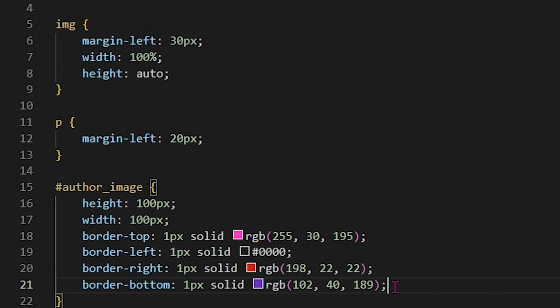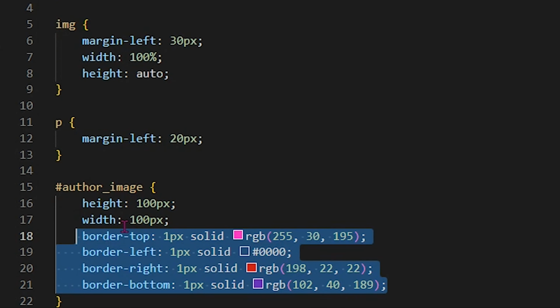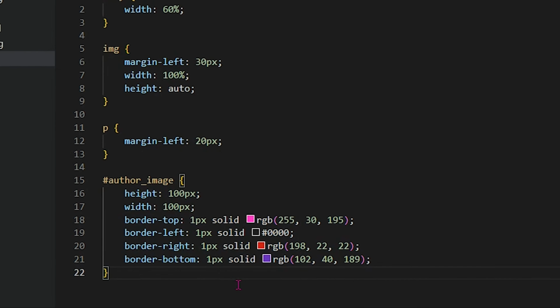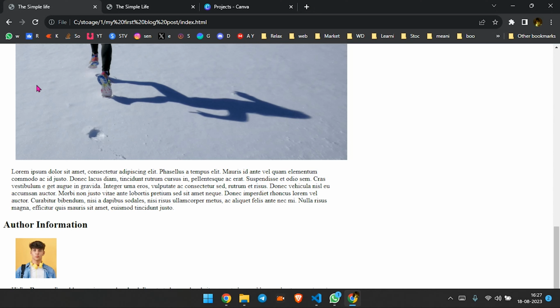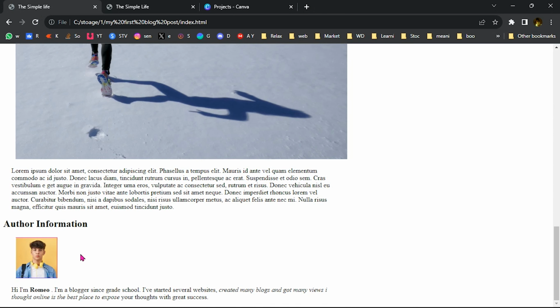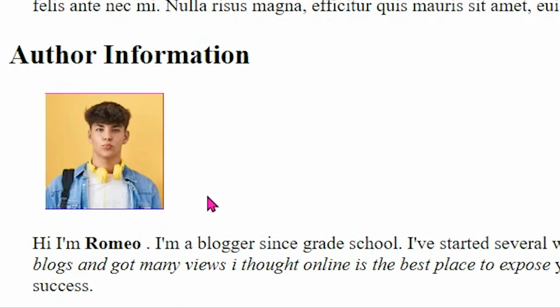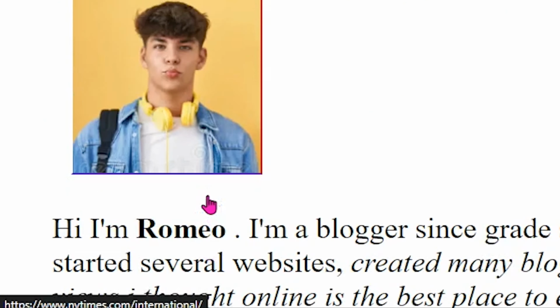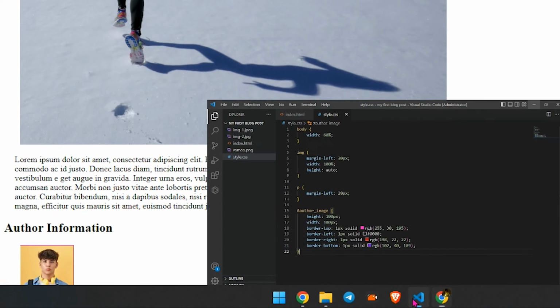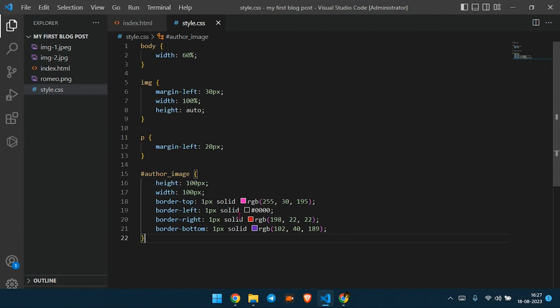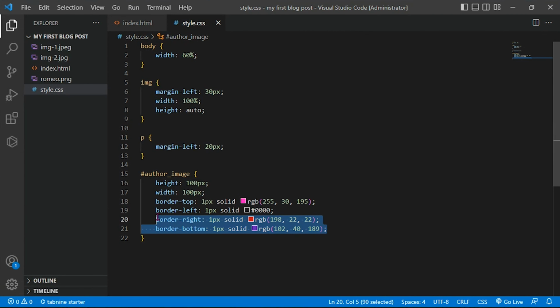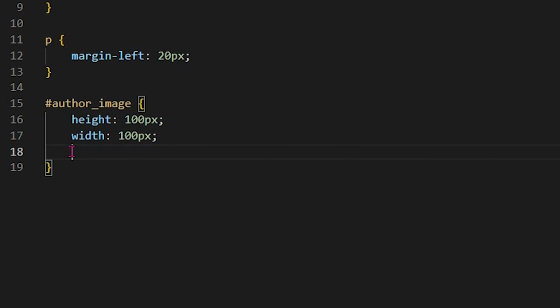These are all the styles applied for this author image: border top, left, right, bottom. So let's see what changes are applied to this. So now you can see here the styles are applied. This is just to show you what I'm doing, so we don't want this. I'm just going to remove all this, and here you are going to have another